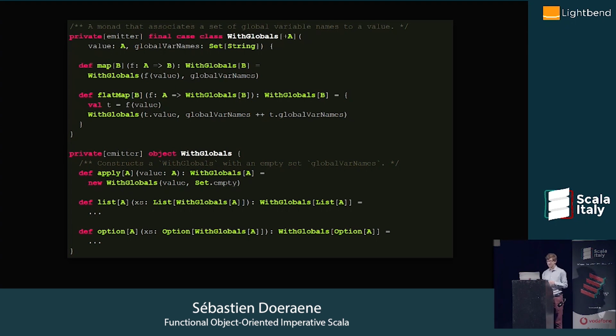So I did prove it. It's in the code. I think there are like 50 lines of comments that prove that this is a monad. But yeah, the only thing it does is really maintain and concatenate sets of strings, basically. And the only reason I wrote it is because I wanted map and flat map. But yeah, you know.